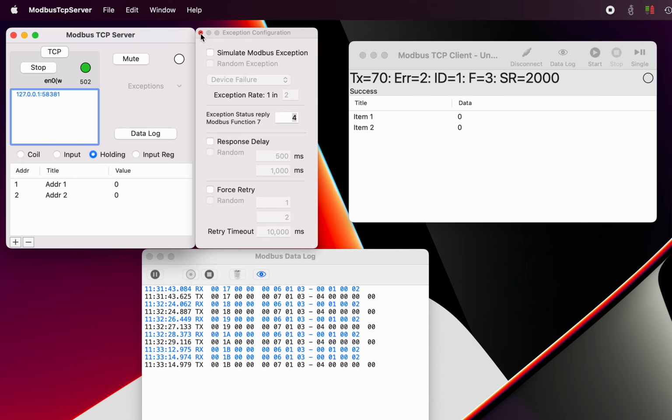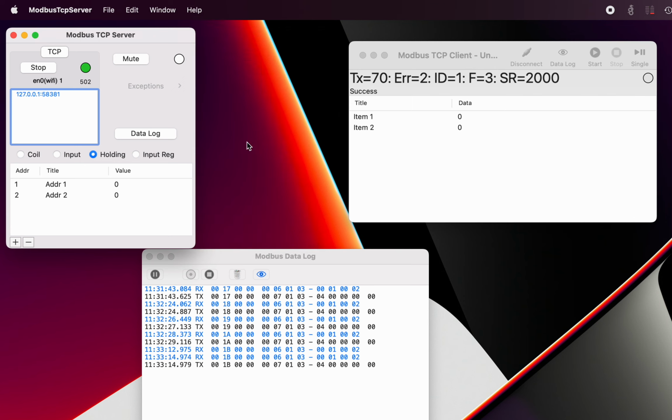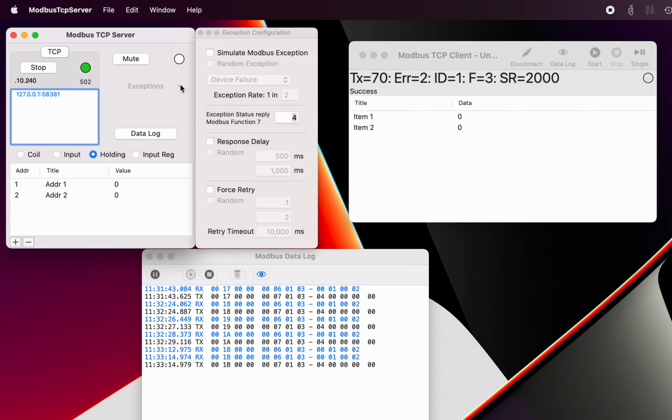Either of those will bring up the exception configuration. So that will allow you to do some testing of your client, or maybe for the RTU version, for your RTU master to see how it responds to those various server issues that could occur. All right, I think that's about all I can tell you about Modbus exceptions with the TCP server